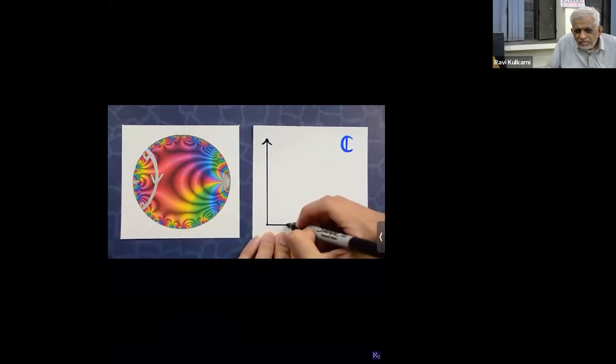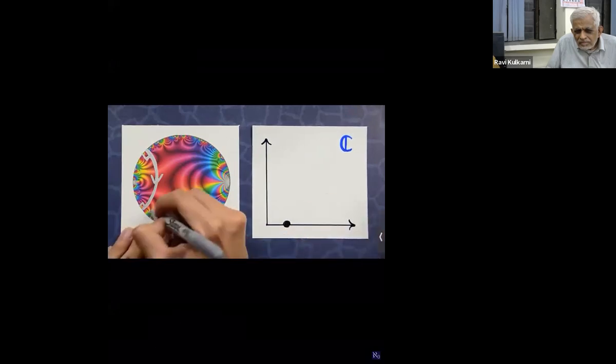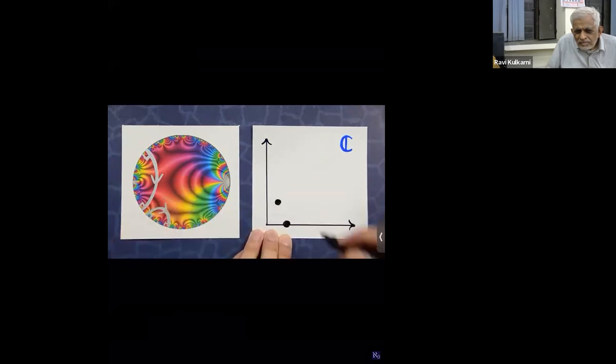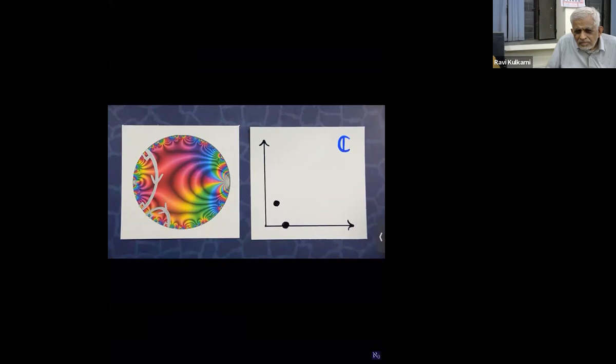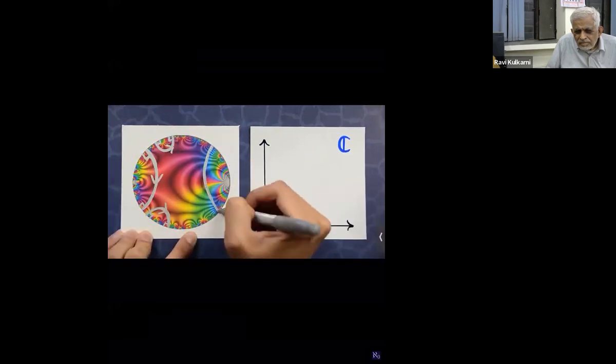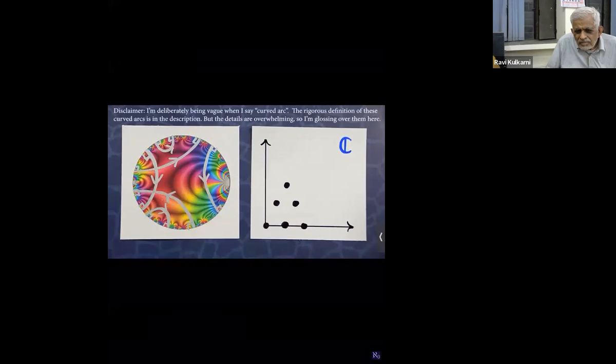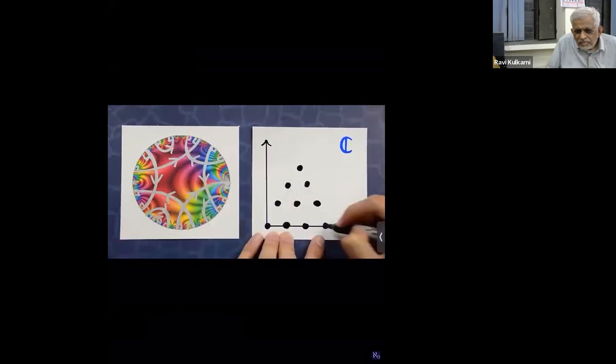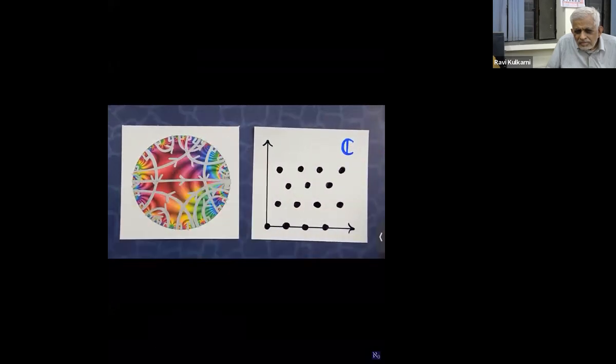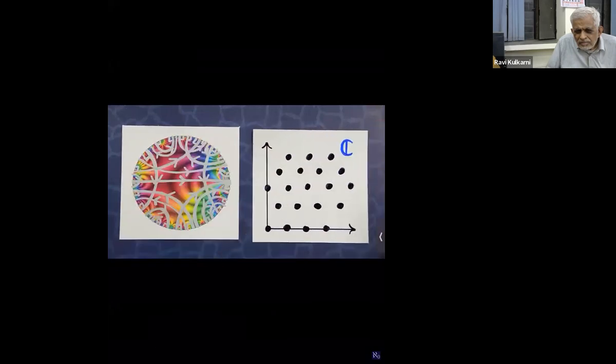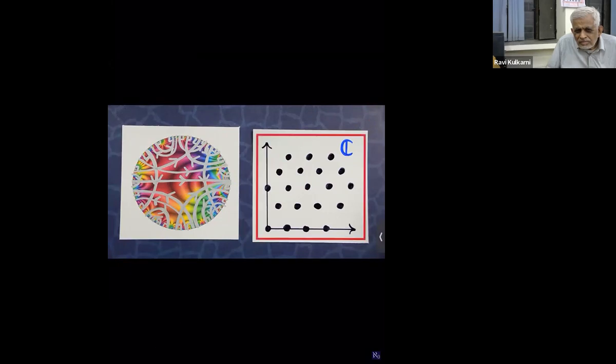That is, they added up the values of this function over the arc. That gives you a complex number. Let's plot that over here on the right. Now take another arc in the circle and integrate the function over that arc. That gives you another complex number. Let's plot it on the right. Now do that for more and more arcs in the circle. Slowly, you notice that a pattern starts forming on the right. The values on the right form a lattice in the complex plane. The next insight is that this lattice has a very deep